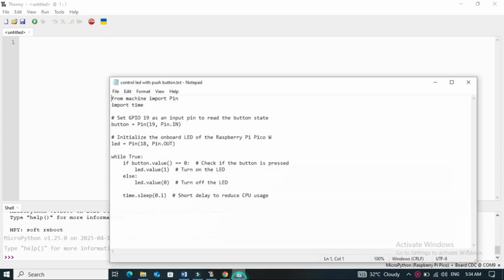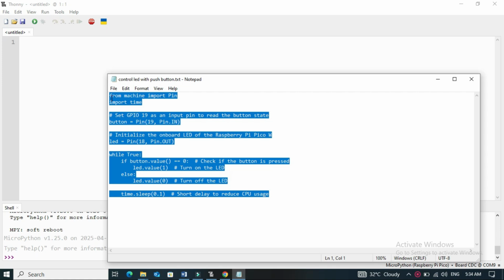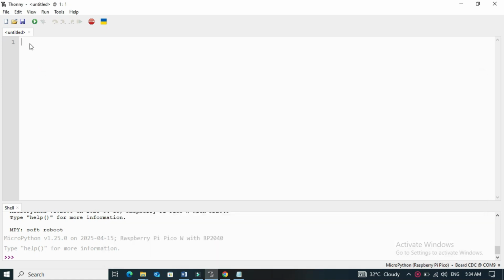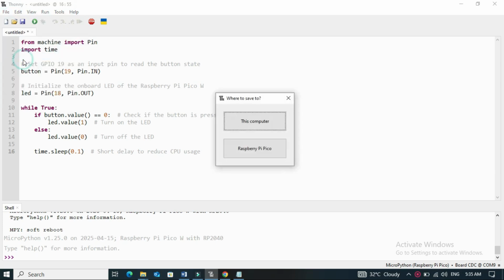Paste the example code into Thonny. And save it to the Pico as main.py.